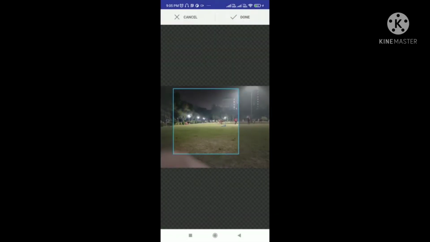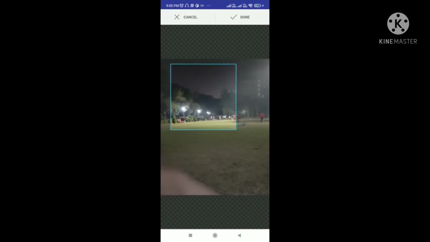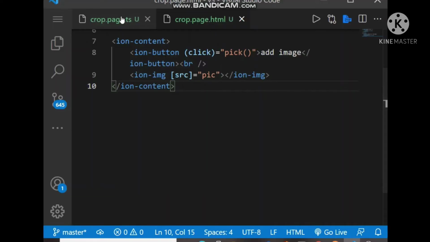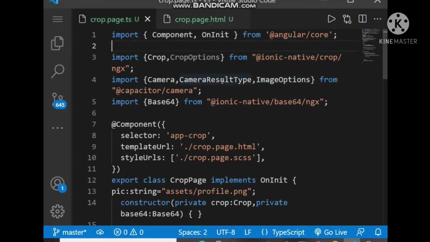As you can see, there is a cropping option after selecting the image, and you can select any part and crop it as well. Let's select this part, and this is the base64 of the returned cropped image, and you can see that part is plotted here. So you can crop the image after selecting or capturing it, and this is the way.